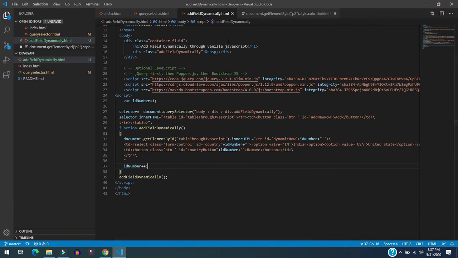As you know, we have done something wrong here, which is the innerHTML. What innerHTML does is replace the previous element and add the new element. So instead of this, we need to use append. But the disadvantage of append is that we need to create the tags manually. It's also called DOM manipulation. As you can see, we are using the tr and all these things, so we need to create them manually. So let's try to create.